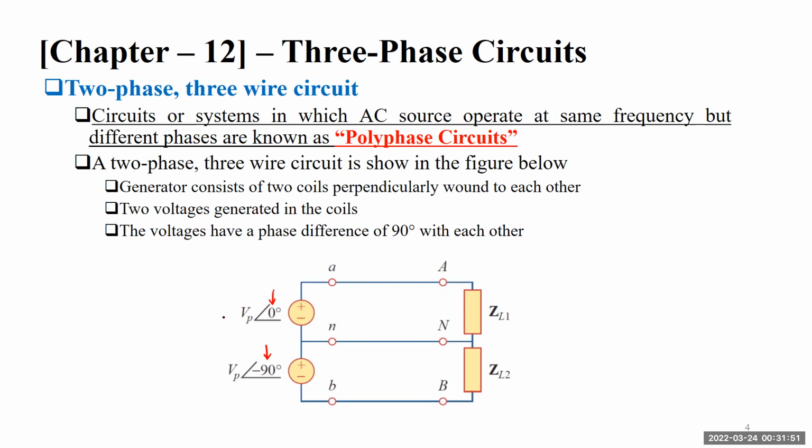phase and this phase. The phase of source 1 is 0 degrees, the phase of source 2 is minus 90 degrees. So basically these two sources are supplying voltages that are 90 degrees apart from each other. So how does the two-phase three-wire circuit look? It has a generator of two coils that are perpendicularly wound to each other. Then two voltages are generated in these coils, and the voltages have a phase difference of 90